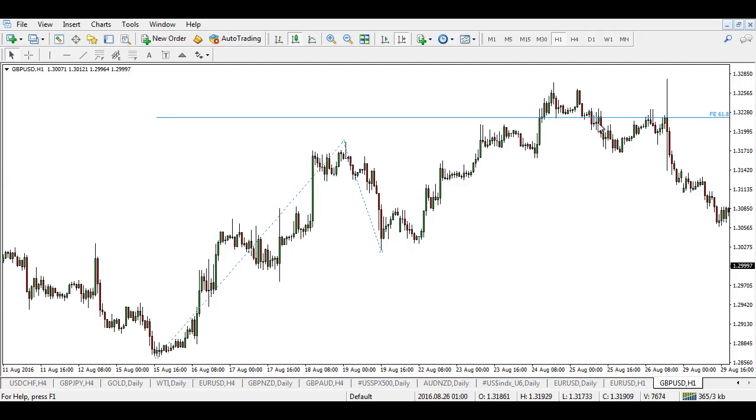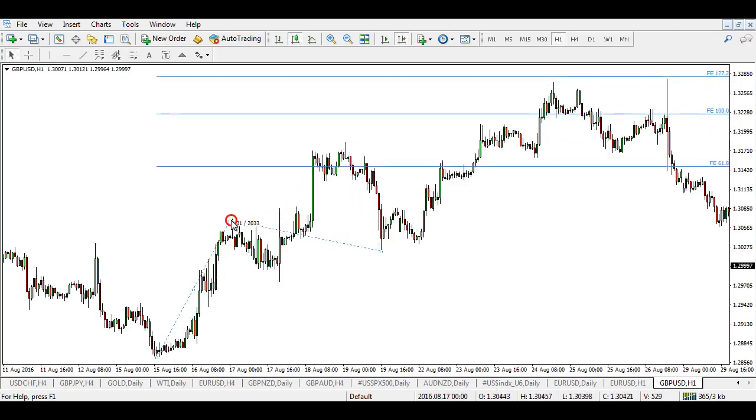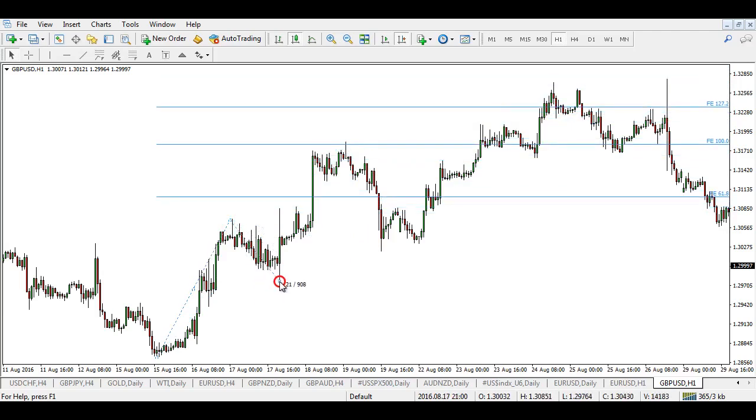So you can see the tool places the extension, and it places the 61.8 extension here, near this high. What we can do also is calculate it for this swing as well, like this. You can see that this shows more of the levels, like the 61.8, the 100% extension, and the 127.2% extension. So you can see how the market respected the 100 and ended the swing near the 127.2 extension